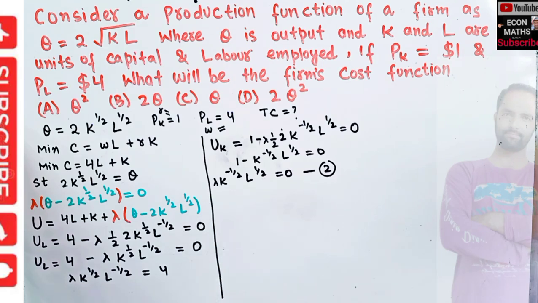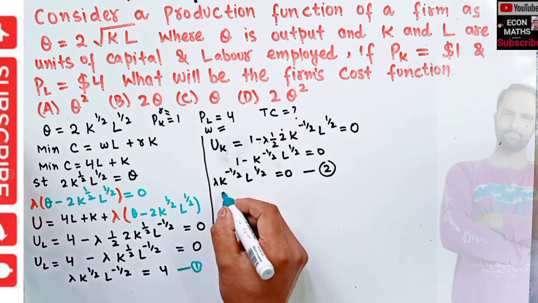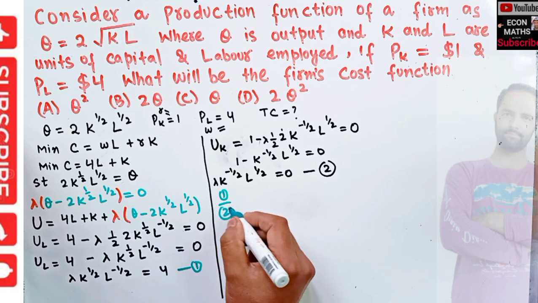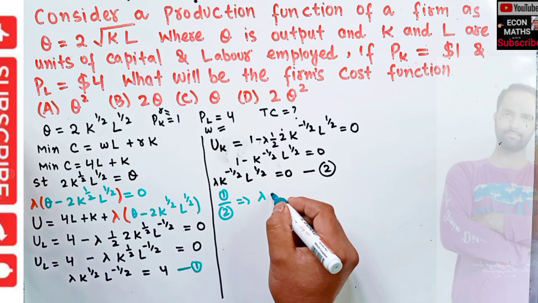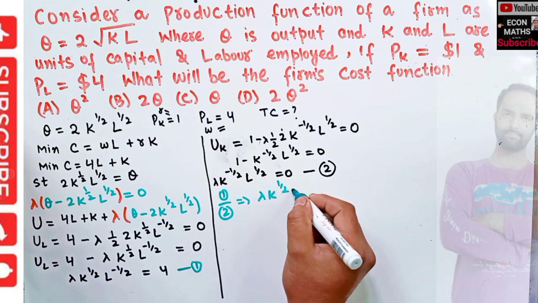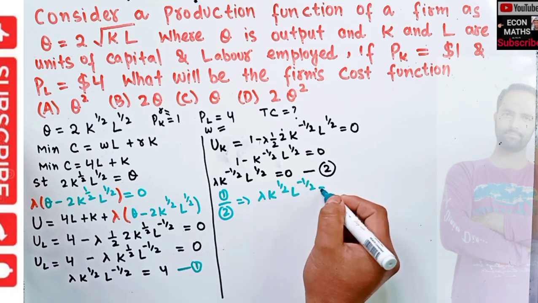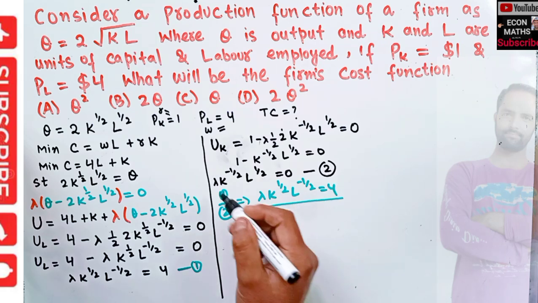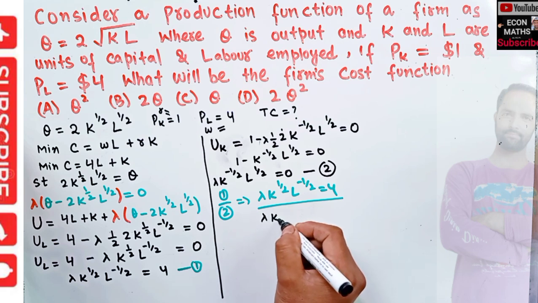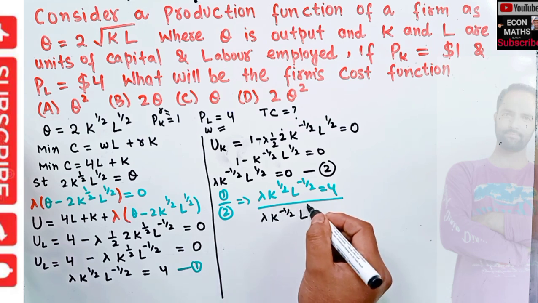Now the next thing would have been to partially differentiate with respect to lambda, so we don't require it here. So what will we do? Let us say this is equation first, second. Let us divide equation first by second. Equation first is lambda k to the power 1 upon 2 L to the power minus 1 upon 2 is equal to 4, divided by the second equation, lambda k to the power minus 1 upon 2 L to the power 1 upon 2